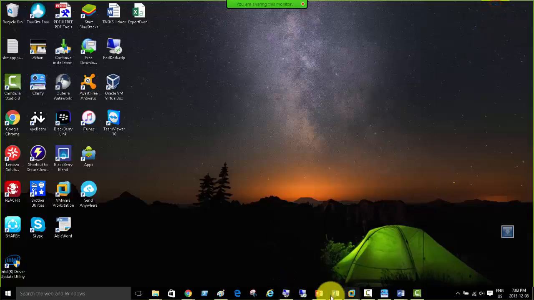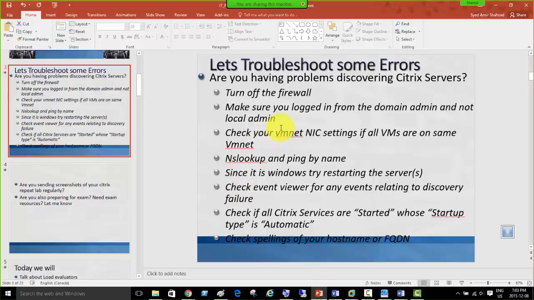Okay, so I had some problem with my Citrix environment as well. Whatever applications I have published, they're not responding. Any application I publish now,